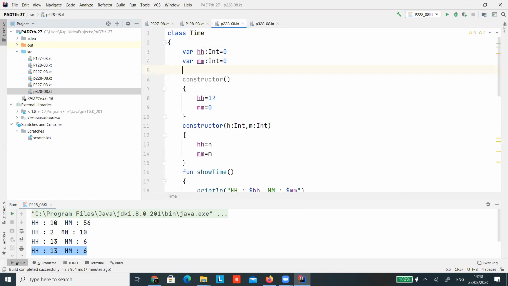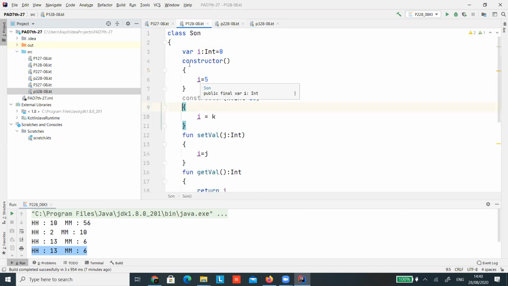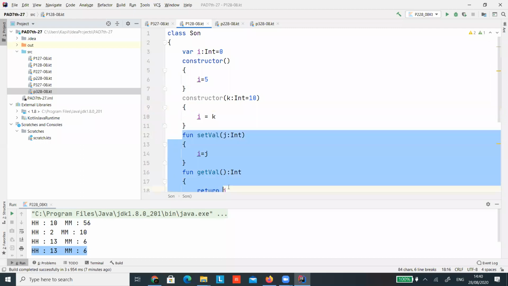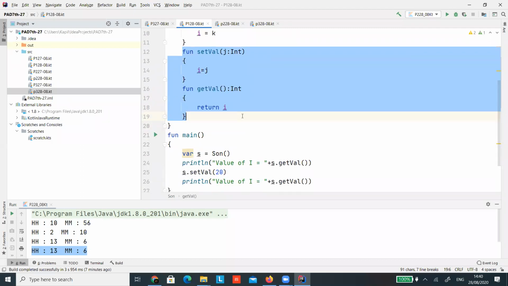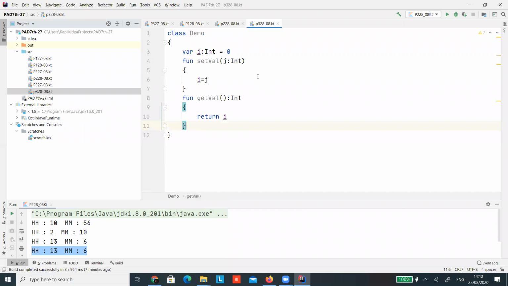Let me just copy the get and set, which will be very helpful for me. Okay, so my work is done.